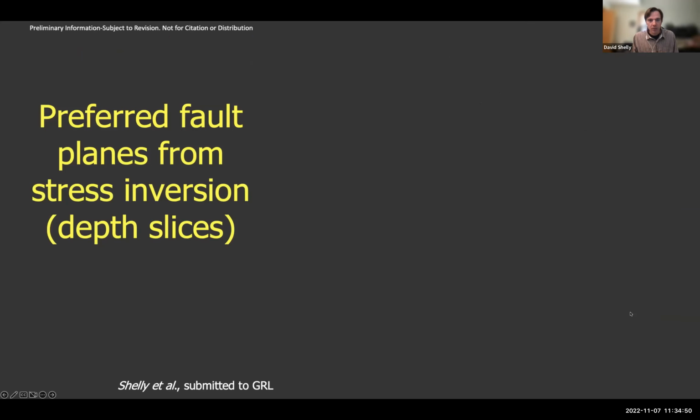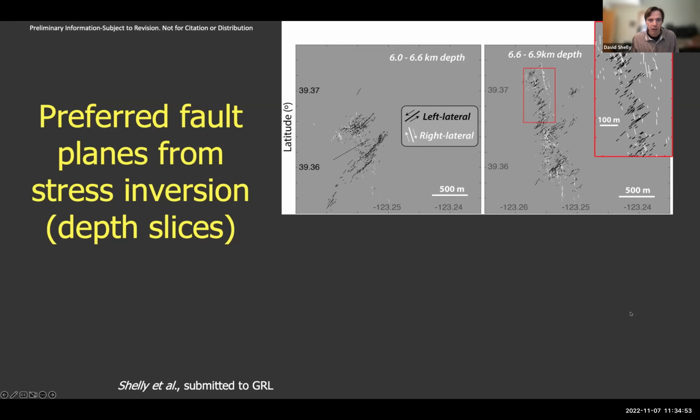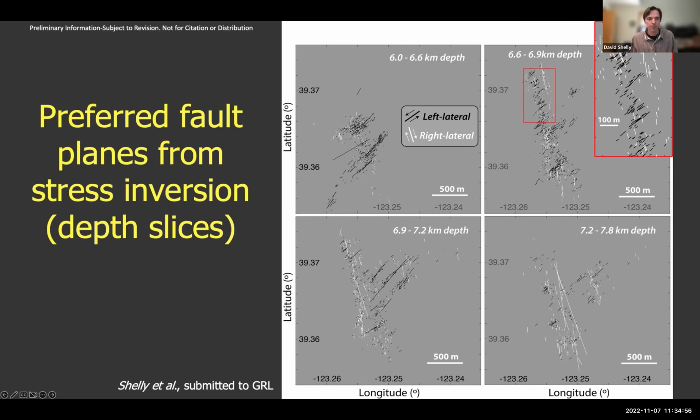Okay, so just to highlight a little bit of the complexity in the different depth slices here. This is a shallow depth slice, intermediate, and going toward deeper depths here. You can see quite different patterns at different depths. I wanted to particularly highlight this pattern here in the red box. If you were to look at this part of the faulting, the overall orientation is actually to the north-northwest, like the Makima fault. But when we look in detail, we see that most of the faulting here is probably happening